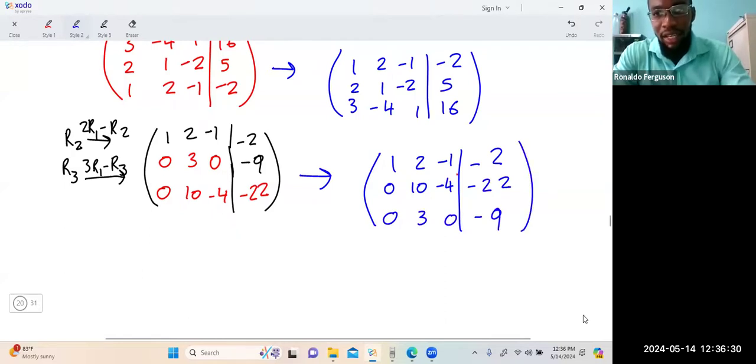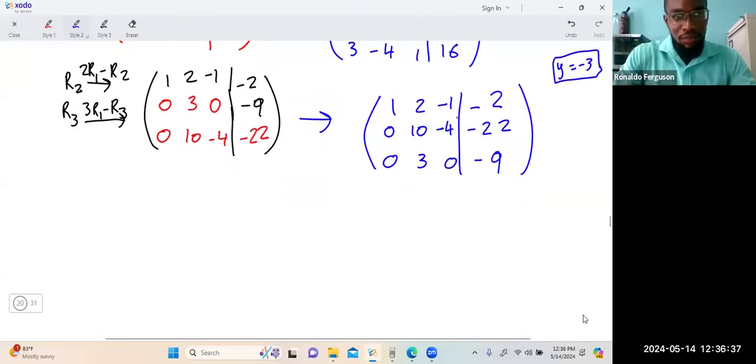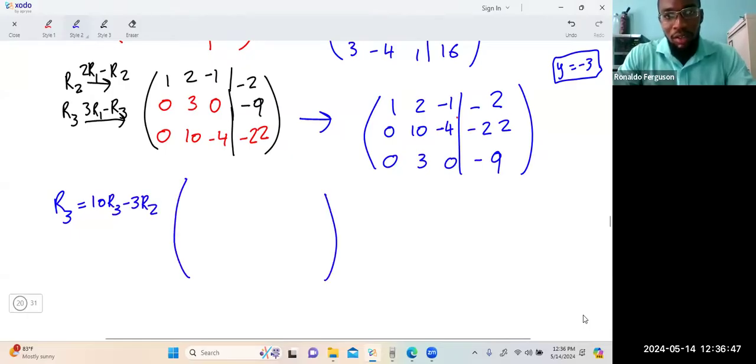Even though from this I clearly realize that y is minus 3, I'm not going to use that. I'm going to say now, my row 3 is going to become 10 times row 3, and I subtract 3 times row 2. So put back row 1 as it is, put back row 2 as it is,